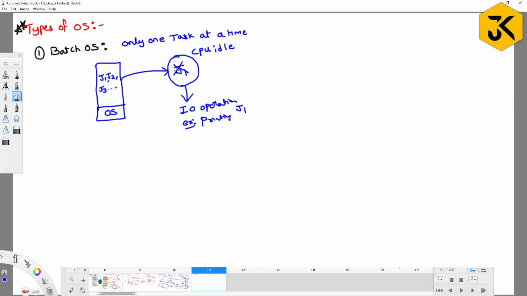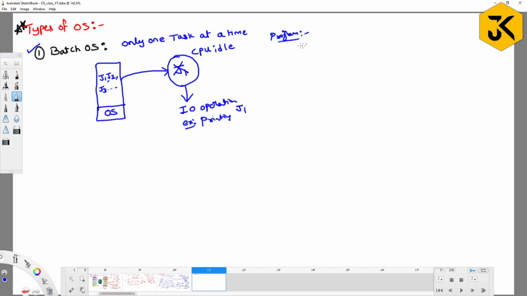Even though there are no jobs, the operating system can't load another job to make the CPU busy. That is the property or characteristic of batch operating system. This is the reason we can say it will perform only one task at a time, right? If you want more clarity, let me take an example. Assume that there will be a program